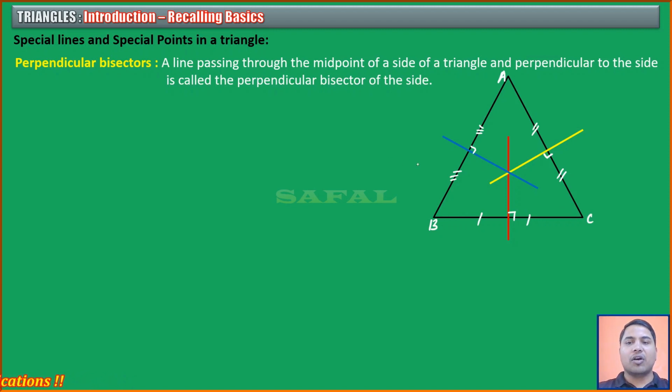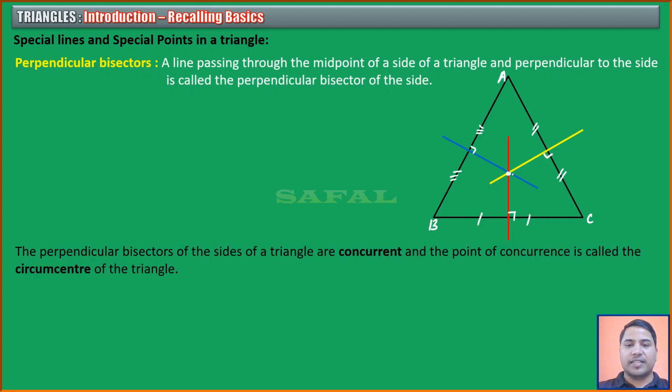Now here also you can notice that all the three perpendicular bisectors are meeting at a common point. So the point of concurrence of the perpendicular bisectors of the sides of a triangle, we call it a circumcenter. Usually we denote it by O. So the perpendicular bisectors of the sides of a triangle are concurrent, and the point of concurrence we call